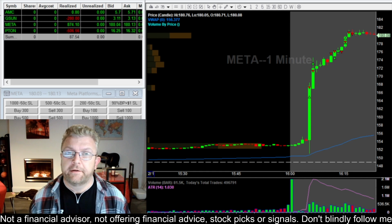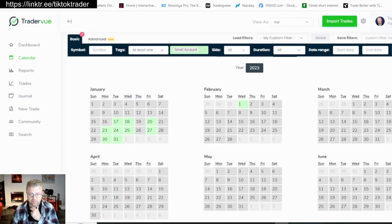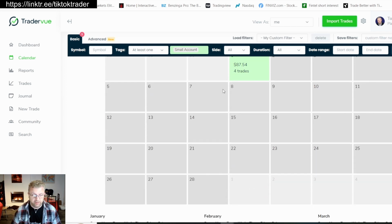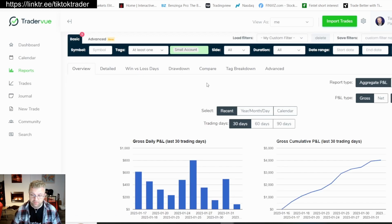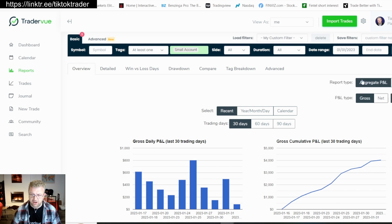I've just imported the trades into TraderView. So let's take a look, shall we? And here we go. So technically, it's a green day in terms of gross numbers, but obviously after fees and charges, it's probably going to be a little bit less. But let's have a look at where that puts us on the month. So go back to the start of the year, and we are now